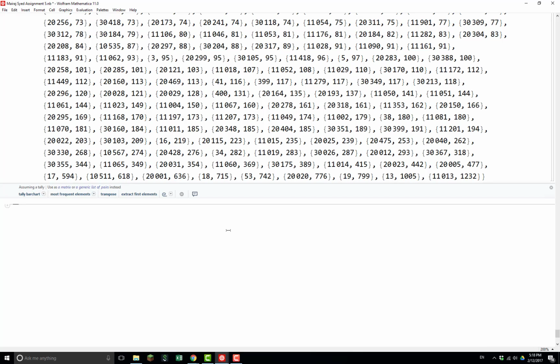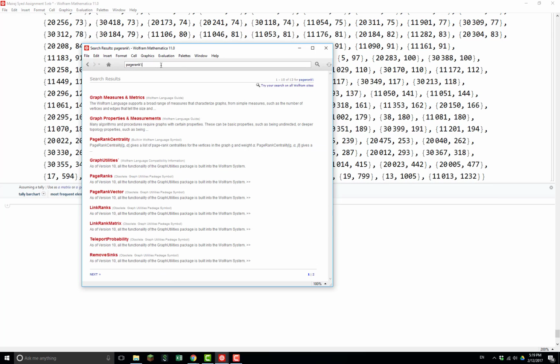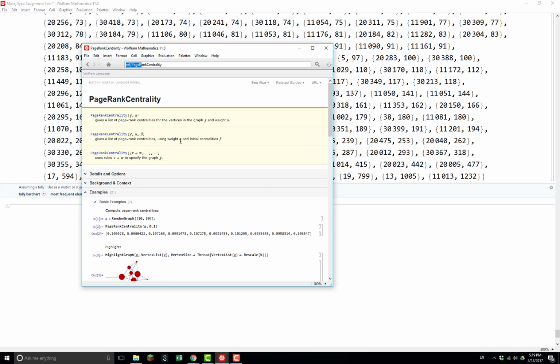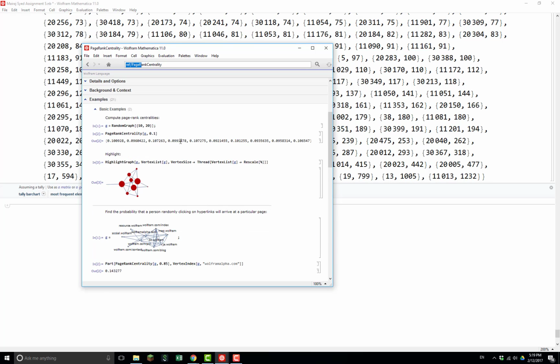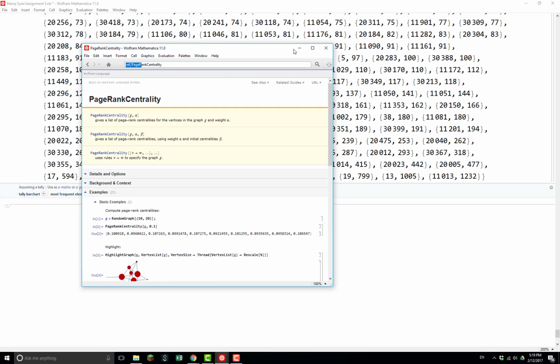So let's look at what Mathematica says about PageRank. PageRank centrality. Well, it doesn't really explain what PageRank is, and there are basically, it's a mathematical way of trying to find